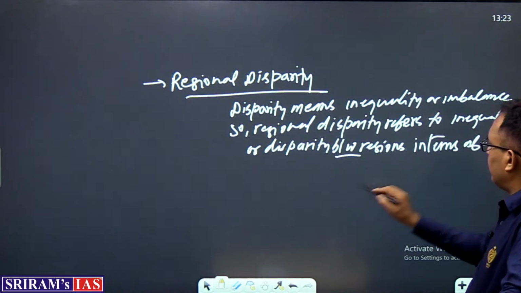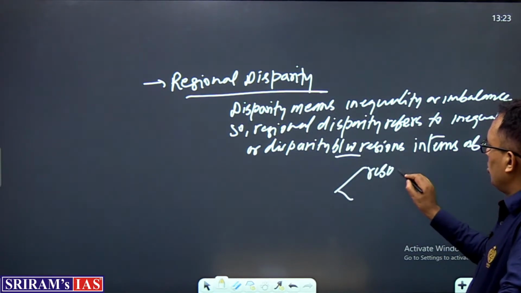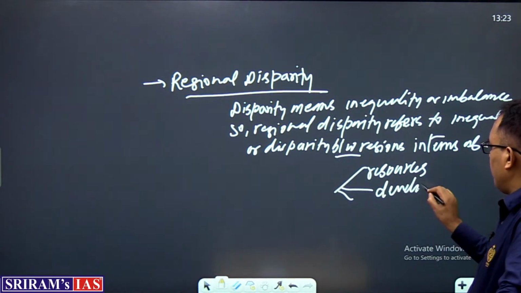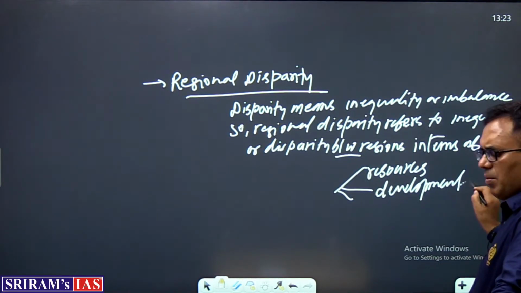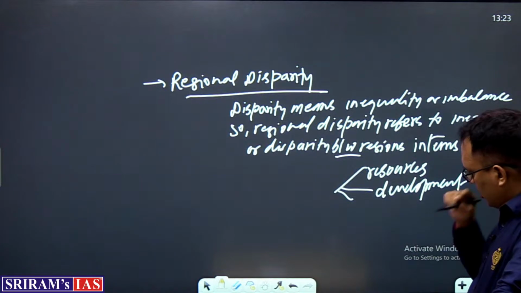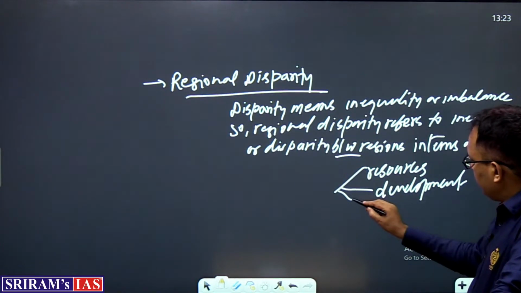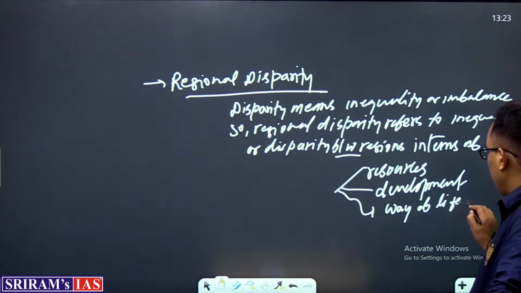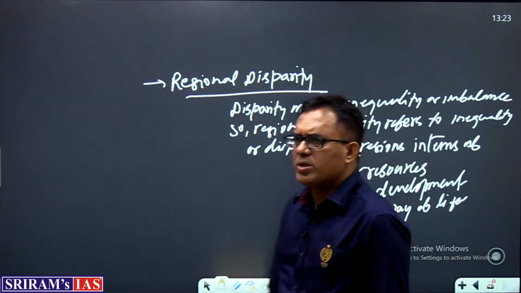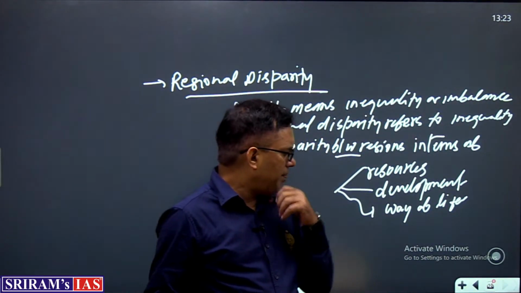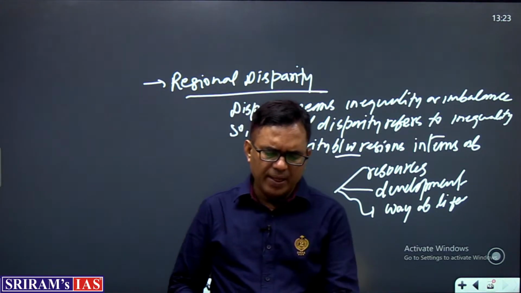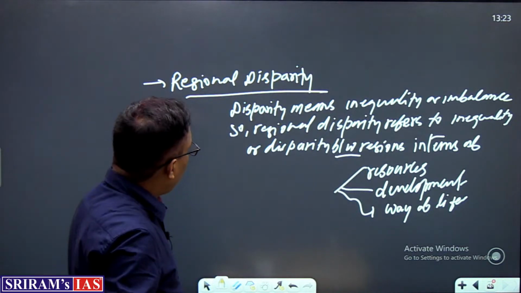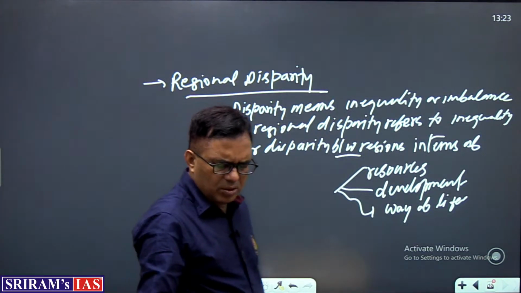between regions in terms of resources, in terms of development, in terms of way of life. Disparity in terms of resources, in terms of development, in terms of way of life, that we talk about. Now, this involves imbalances, and the reason